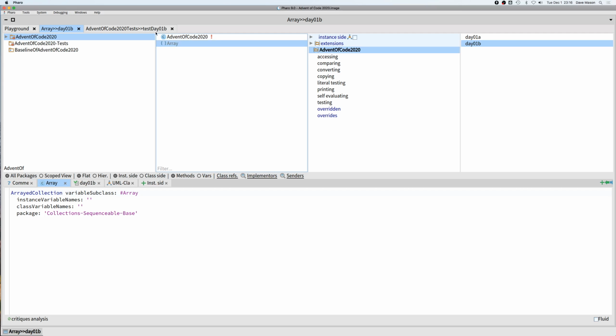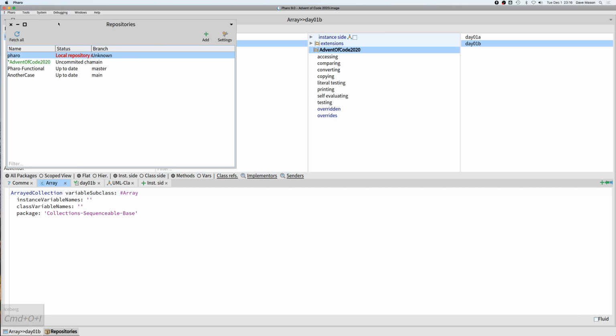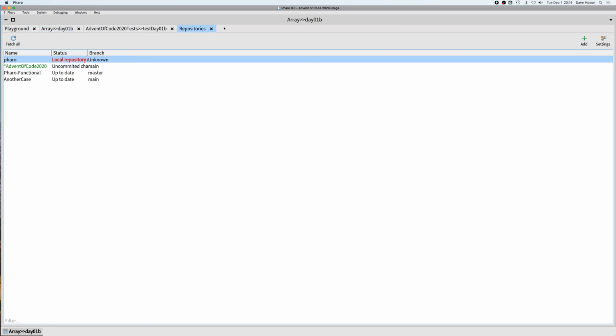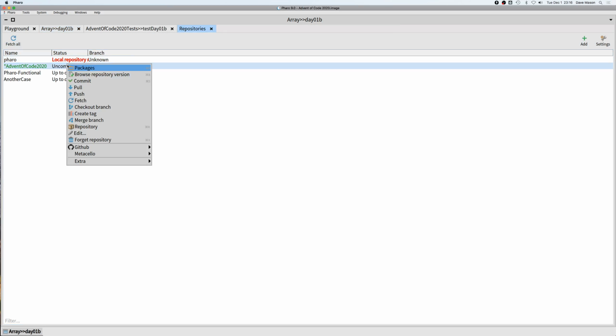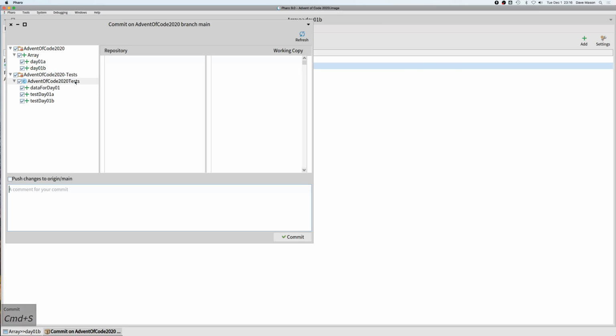So the last thing that we would do at this point is use a tool called Iceberg, which implements a version control system, and we would take our AdventOfCode 2020 and say that we are ready to commit the changes. So here's all the code that we just wrote. We wrote these two methods in Array and they're part of this package. And we wrote these two test messages and the one that has the data for the day, and those are all attached to the test class. So completed